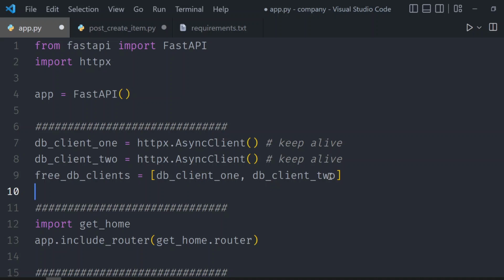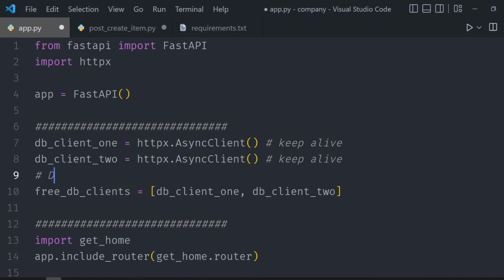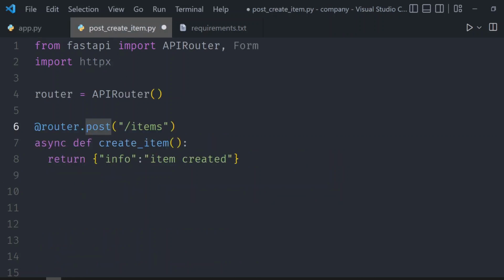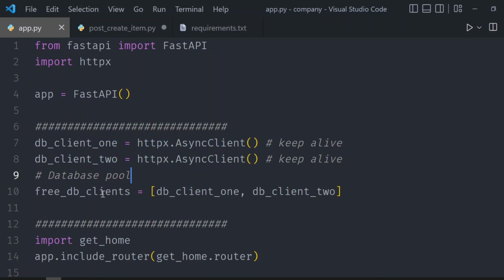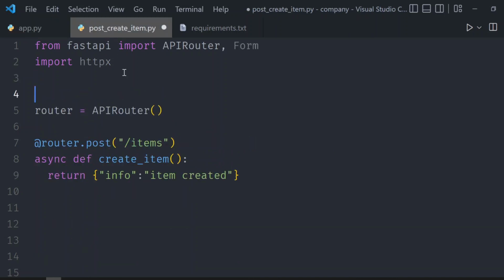So once we have this, that will be the pool. Let me just put here, database pool, so you understand what I'm getting to. So save it. And I think that's the only thing I need for the pool of it. So then we can go to the post create item. And in here, we're going to be using the free DB clients. So we're going to import